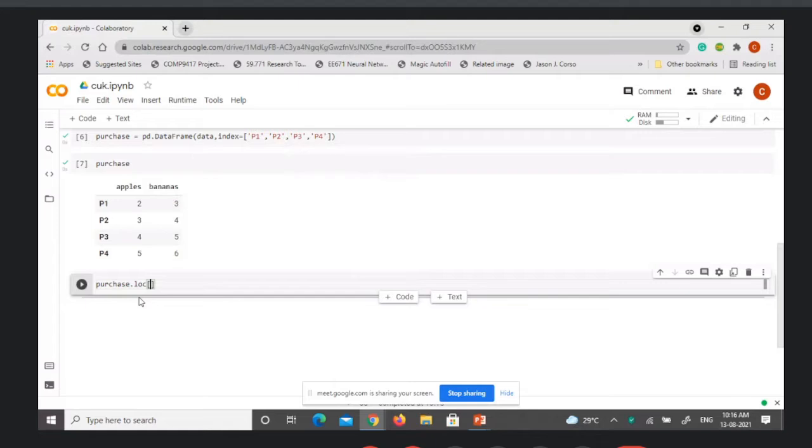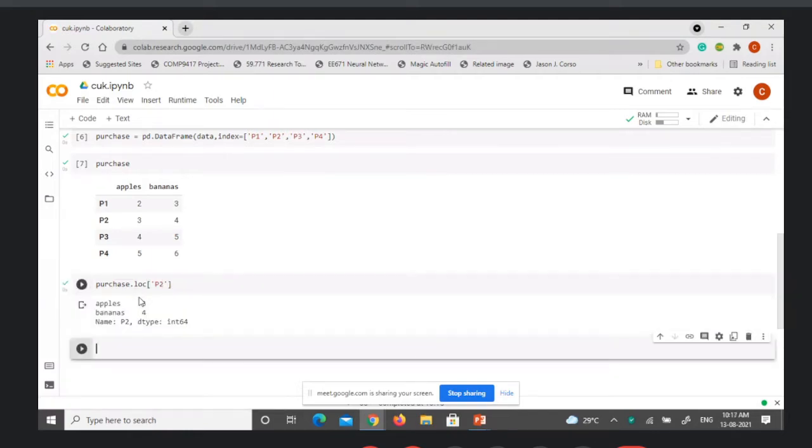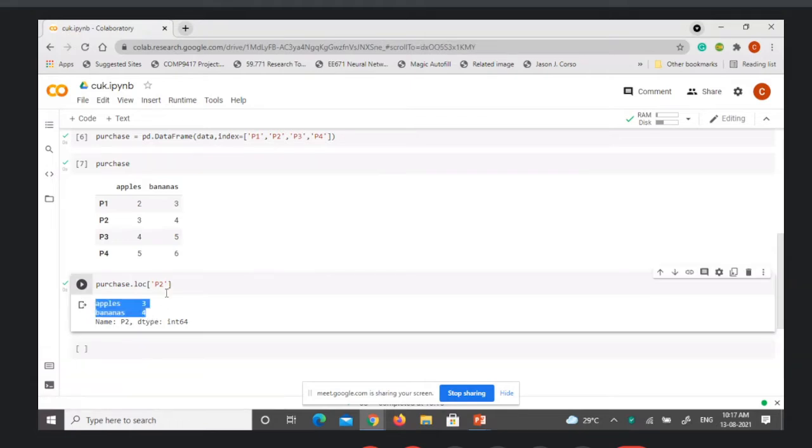If you give the index, let us say P2, it will retrieve the row for the P2 person, who has 3 kgs of apple and 4 dozens of banana. By specifying the row index, you can retrieve that particular row.